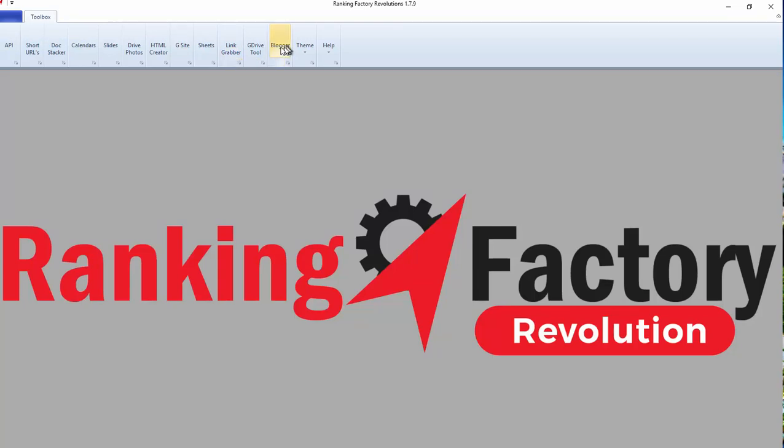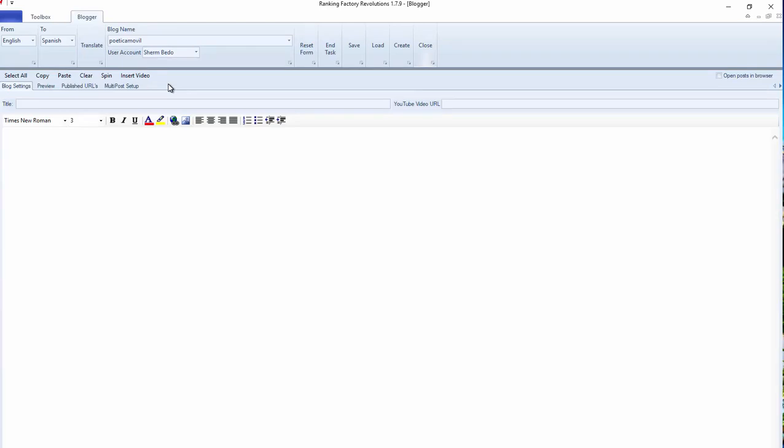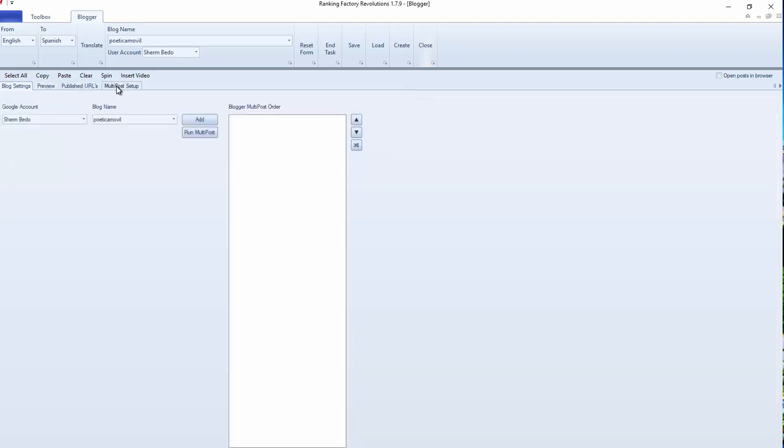And so we are working on a Blogger module, and the interesting thing with the Blogger module is we're going to have a preview, and then once we do this, we can actually set up our other accounts, and so it will find the blogger name for you, and you can add it in here. Let's say we wanted to add that one. Let's go to another account and see if we got one there. Let's go to a different account. Yep, there it is. It takes a little bit of time sometimes,